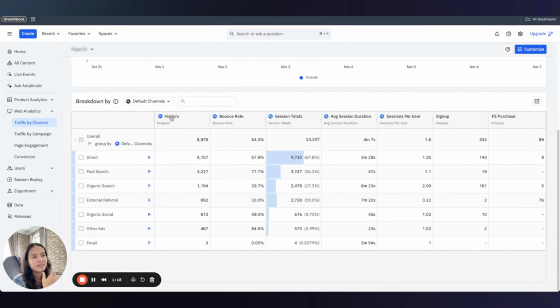So you'll see here that Amplitude actually already has a default grouping. It is always the seven values, which are direct, paid search, organic search, external referrals, organic social, other ads, and emails. But let's say you are a marketing person, and you want to look at which of your paid search is the best performing, or which of your social media is the best performing. In order to do that,